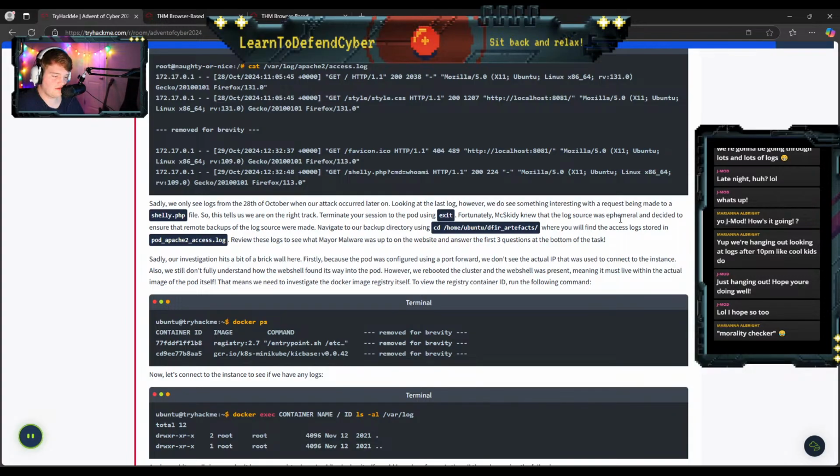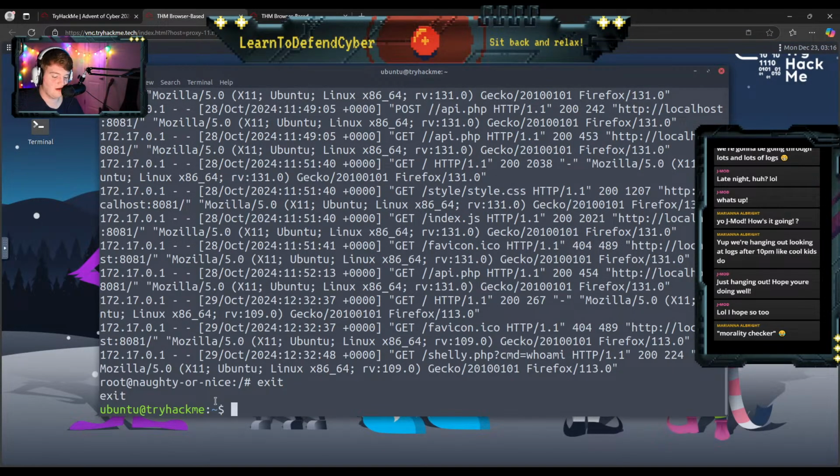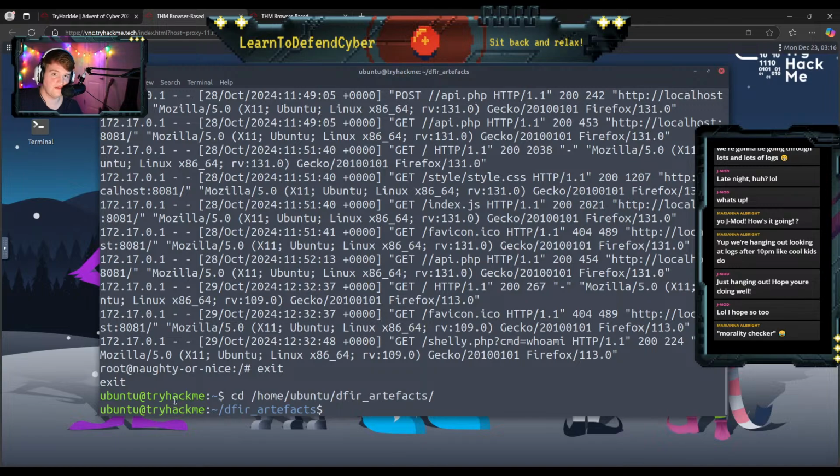McSkitty knew that the log source was ephemeral and decided to ensure that remote backups of the log source were made. We can navigate to our backup directory using the cd home dfr artifacts command. By the way, backing up your logs is a phenomenal practice. You should, one, centralize your logs in some form of SIEM so that you can go through all of them easily, and two, have backups of your logs just in case an attacker were to come in and delete them.